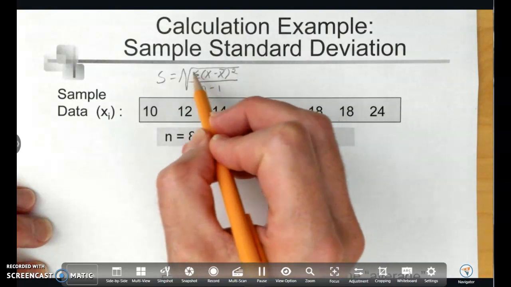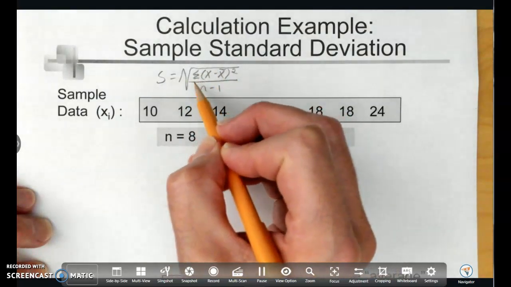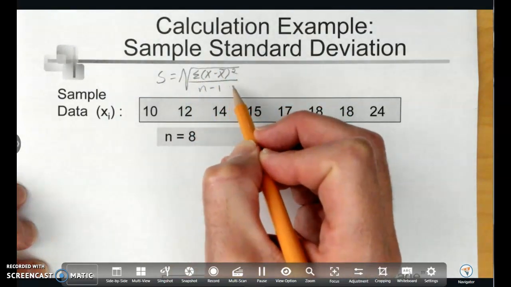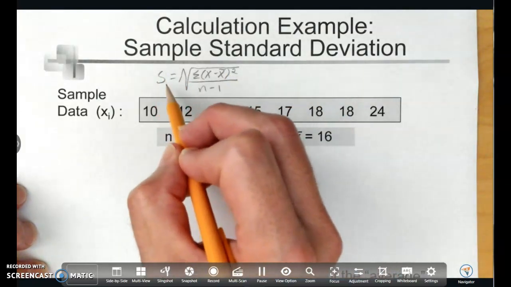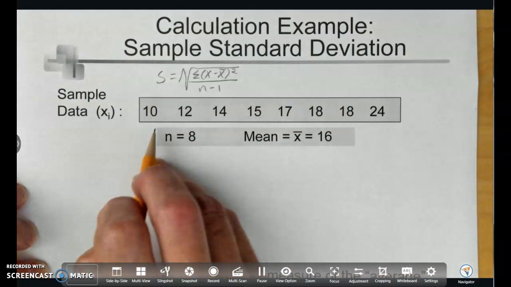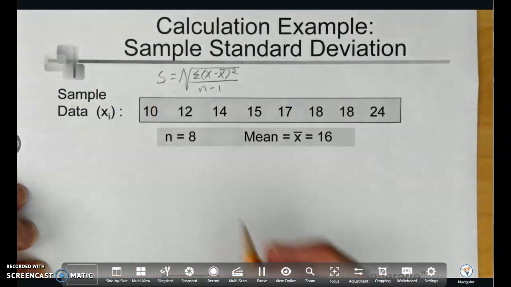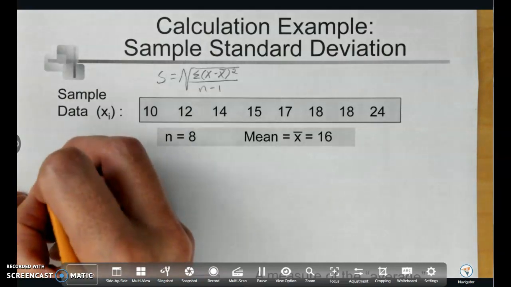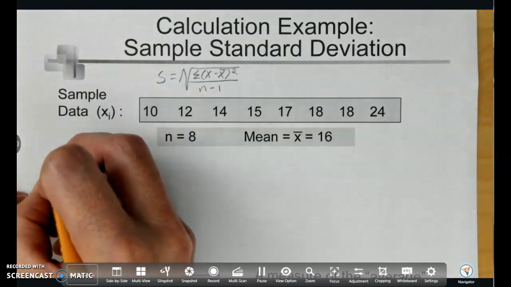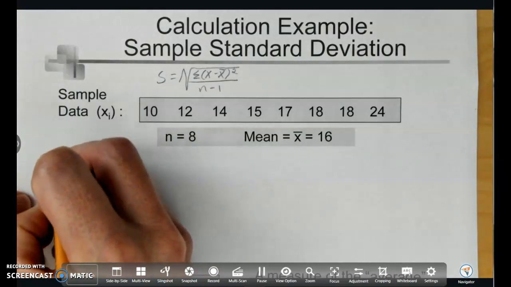So really, this formula here is the variance for the data set, sample variance, and then we take the square root and get the standard deviation. So let's go through and find the actual data. Start over here. It's going to be fairly long. We take the square root